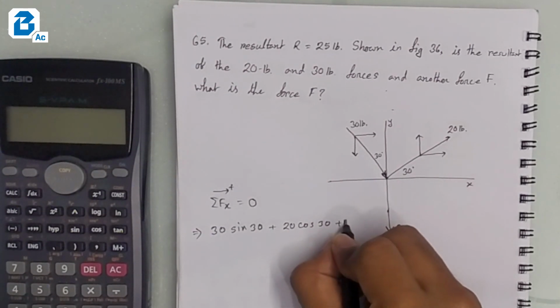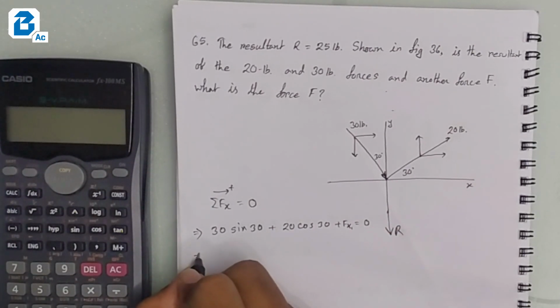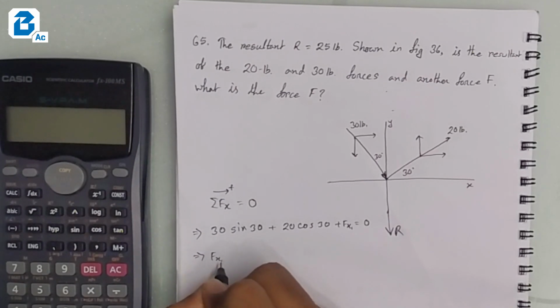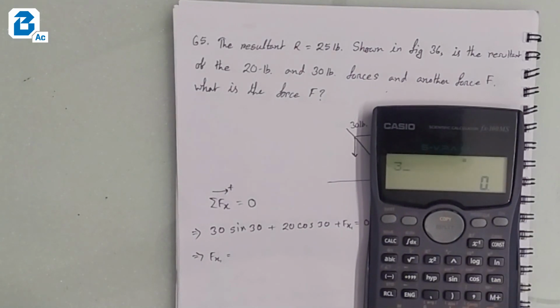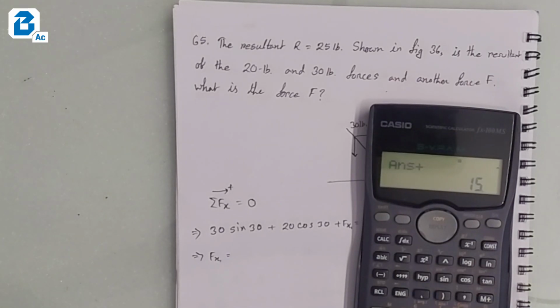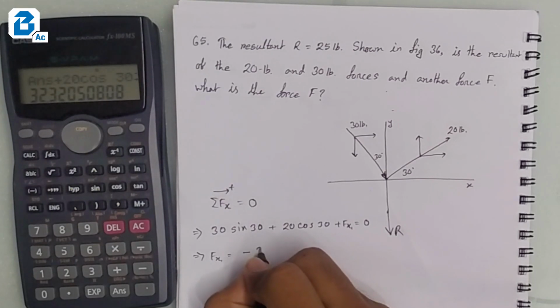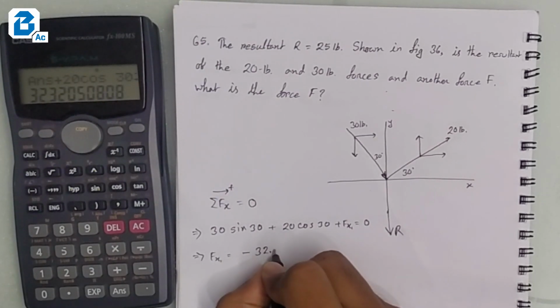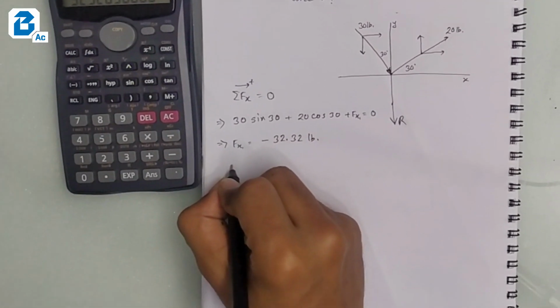plus F of x1 equals 0. Then we can write F of x1 equals 30 sine 30 plus 20 cos 30. Then we will get 32.32, minus 32.32 pound, and then we will find all the